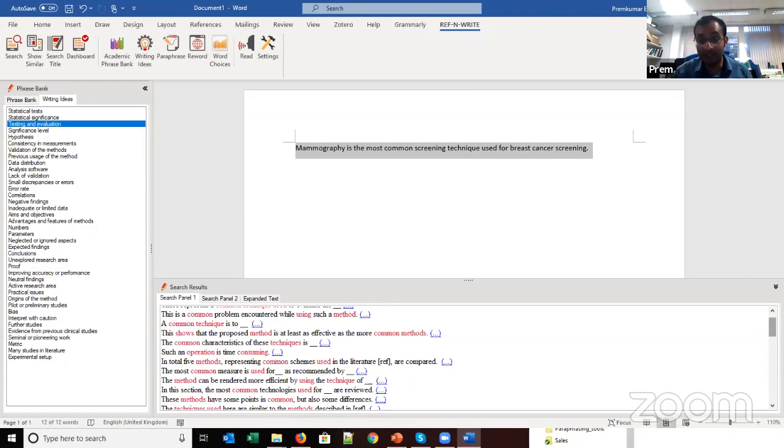So you get a lot of writing ideas. The point I'm trying to make here is that mammography is the most common, widely used technique for breast cancer screening. So you could say a common technique is to, so it is a common technique used for, as recommended by, in total of 5 methods representing common schemes used in the literature. This is the most popular technique. So obviously it gives you ideas.